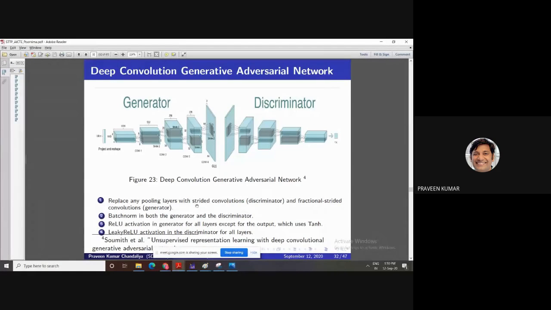Stabilize means if you do not use these parameters, many times your result does not come, and information is lost. Batch normalization in the generator and discriminator is for stabilizing your training and for fast learning. ReLU is used for the generator and leaky ReLU for the discriminator.